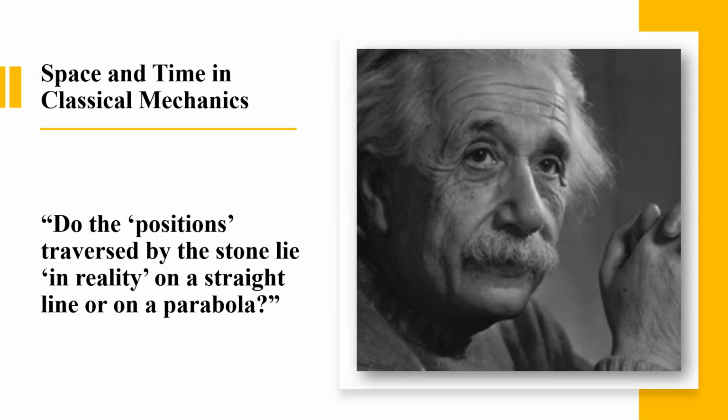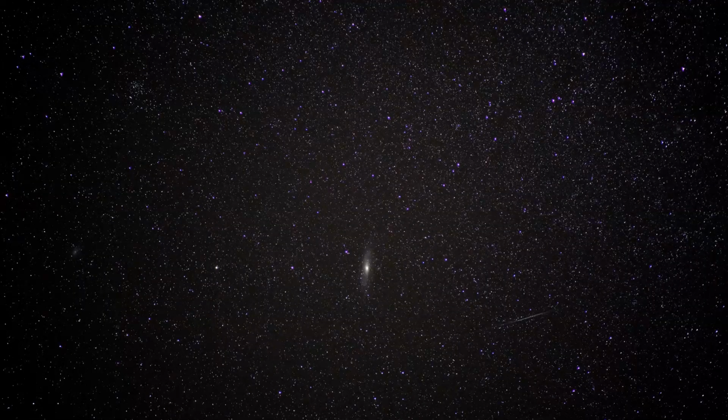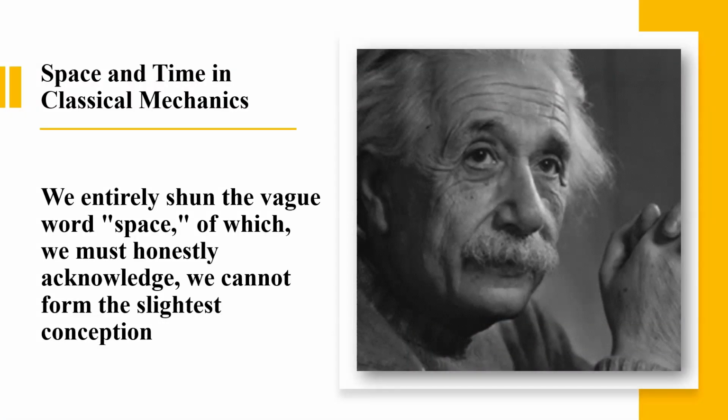Einstein asks of us, do the positions traversed by the stone lie in reality on a straight line or on a parabola? In answer, it is possible that many people would shrug their shoulders and say something like, both points of view are correct. But Einstein is about to adopt a much more consequential and strict stance. He asks what is meant by motion in space, and answers with the statement that in colloquial terms says, in fact, we have not got a clue what space is. His actual words were that he entirely shuns the vague word space, of which we must honestly acknowledge we cannot form the slightest conception. We should replace it